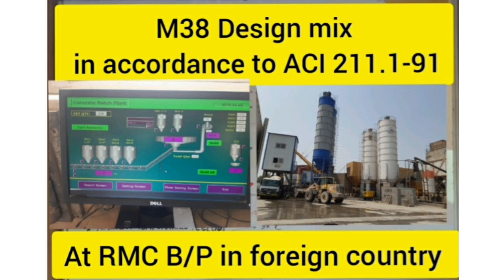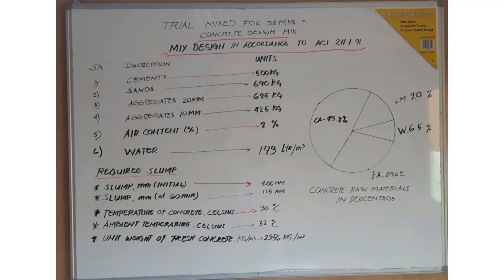So this is the system you see. You will have to check the concrete quantity, whether it is mixing properly or not. You can also see it in the concrete batch sheet, the total concrete. This is the value for 1 cubic meter of all the raw materials, but batching we have done for 2 cubic meters. Why? Because for 1 cubic meter, sometimes there will be a variation of 5 kg, 2 kg, like this.